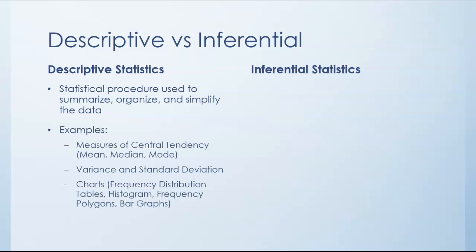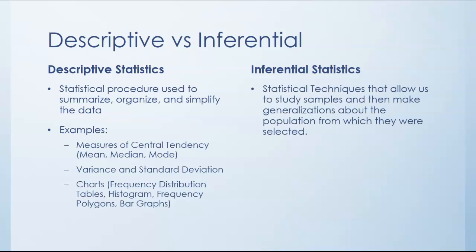Some basic examples of these are your measures of central tendency, like mean, median, mode, also range or mid-range, some other things that we'll talk about as we go through this course. Variance and standard deviation. Again, we'll get more information about those as well. And then any type of chart, like a frequency distribution or a table or a histogram. Basically, you're just presenting the data as it is. You're not trying to make any conclusions about it. You're just giving people basic information.